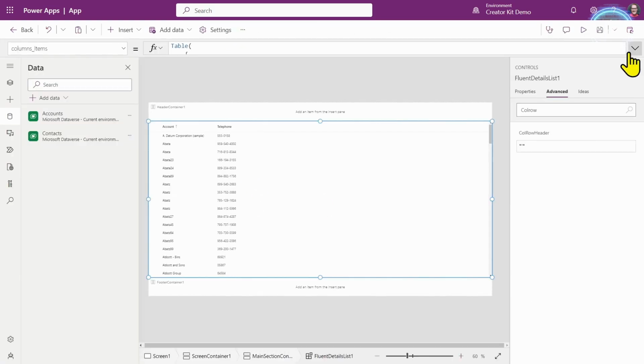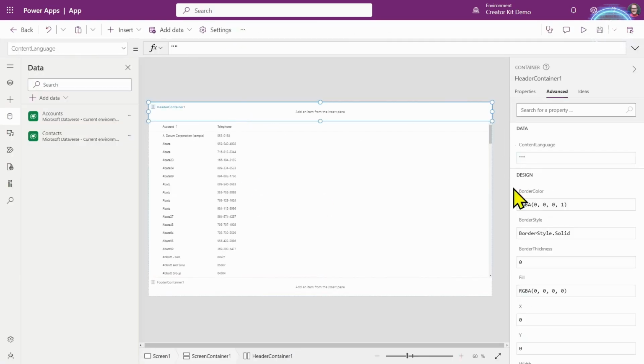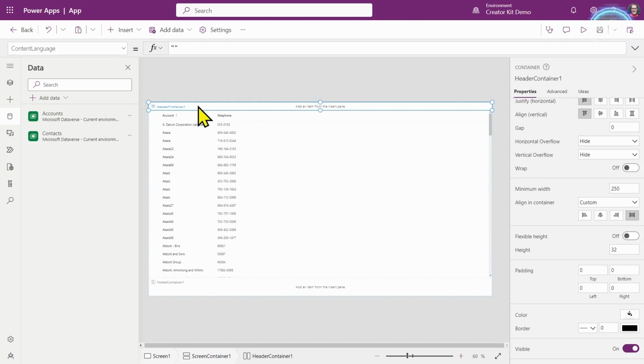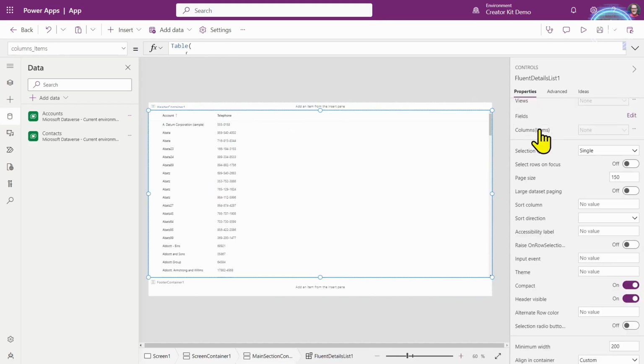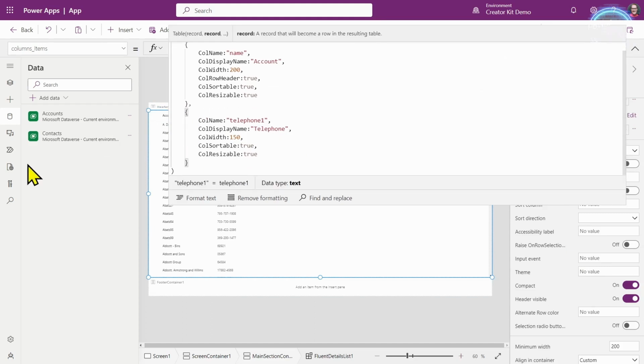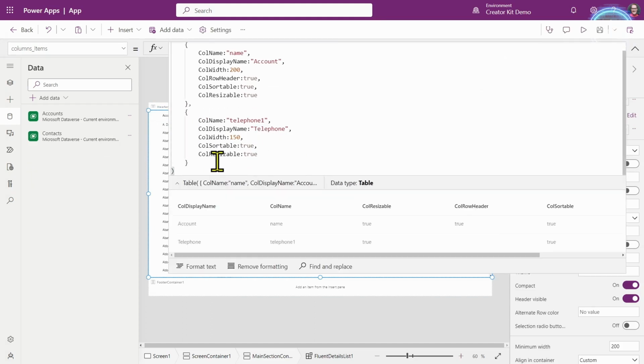There are other columns that we want to add in here. I'm just going to make this header here a little bit smaller because it's already 75 height. So let's just put that 32. I can put a command bar, and buttons up there that operate on the selected items in here. So let's go and add in some more columns. I'm just going to paste some data in here. You don't want to watch me type that out.